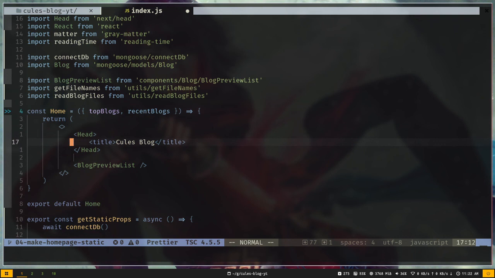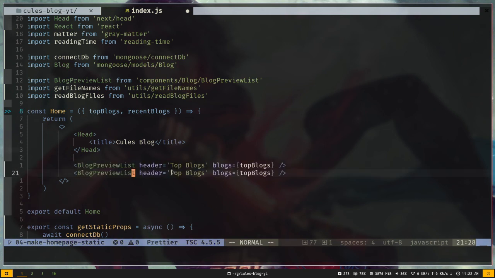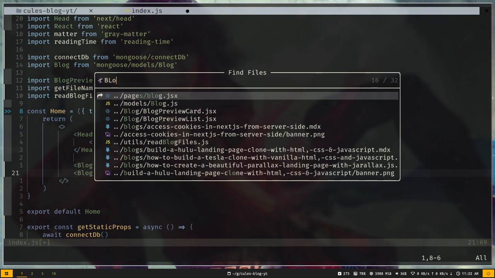So I will delete this line, and we will pass some props to this blog preview list. First, we're gonna pass a header prop, and the header prop will be top blogs. Then we're gonna pass our blogs prop, and it will be top blogs. And I'll copy this, and this time it will be recent blogs, and the blogs prop will be recent blogs. So now let's open up the blog preview list file,